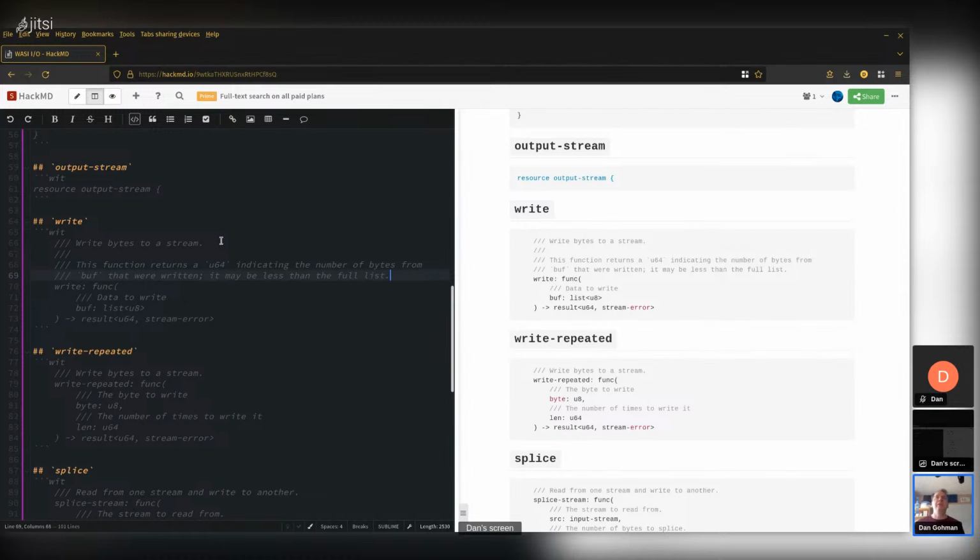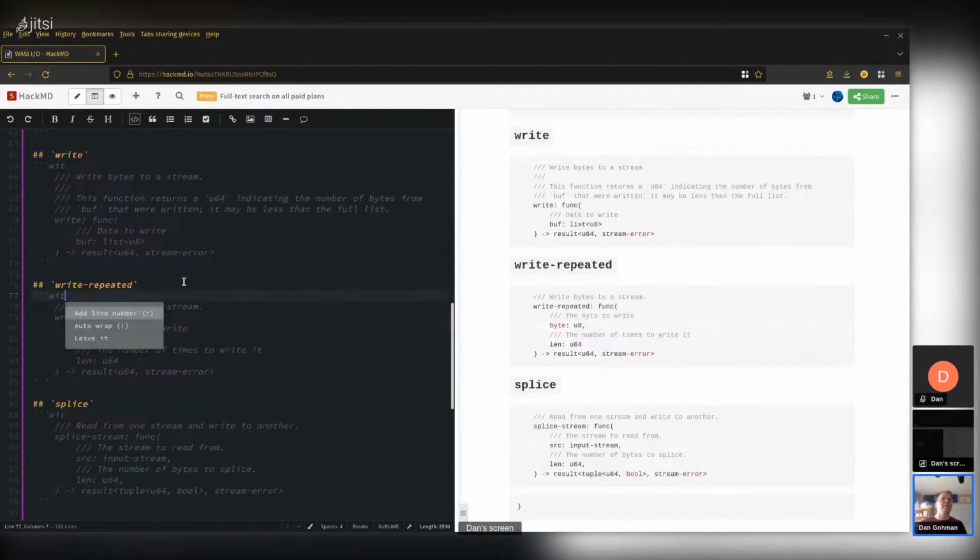Okay, so like read, write could also write fewer bytes than are requested. This is a familiar concept from POSIX, where read and write can also be interrupted early and do fewer than requested. So read and write are relatively low-level things that will often be used within a language standard library, like libc, which will take care of these things for you. So you call printf, and you don't have to worry about printf not printing the whole thing. It will do a loop and call write for you. So we have the write function, which takes data to write. It returns the number of bytes written, and of course on error, it has this stream error type.